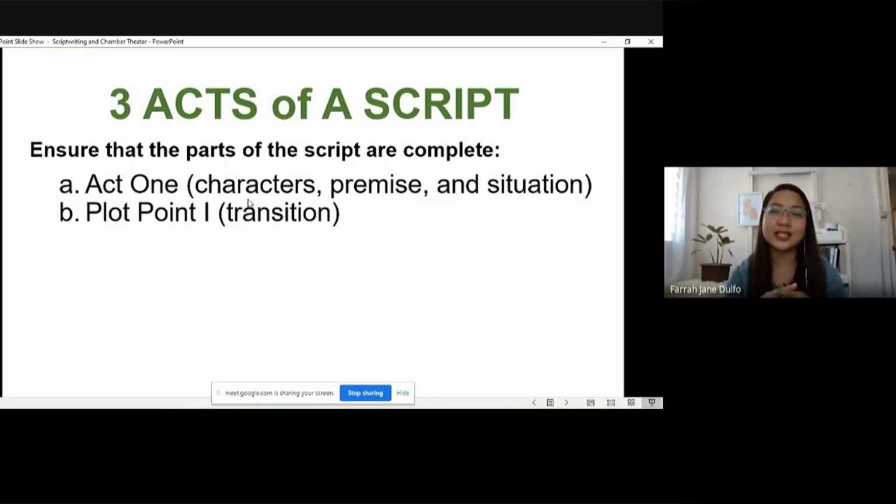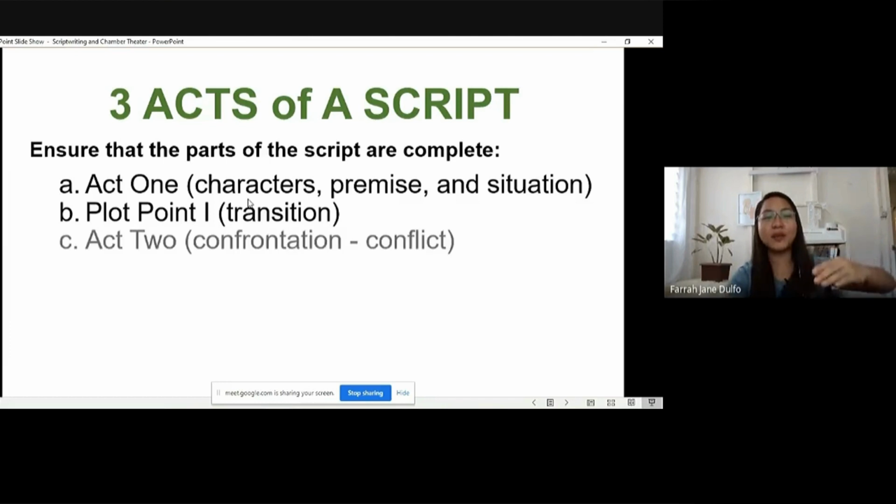Usually, a transition is like an entertainment factor. It's not necessarily part of the plot, but basically the transition is just giving us a wow, like an intermission number. So that's plot point one. Then followed by, going from the rising action to the climax, it's act two. It's the confrontation and conflict.